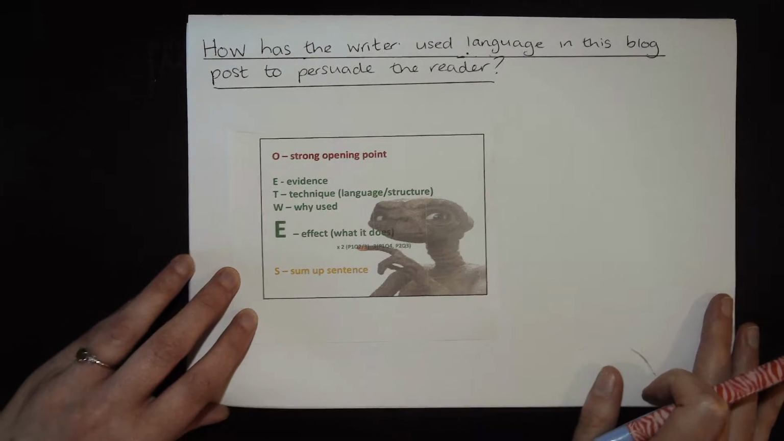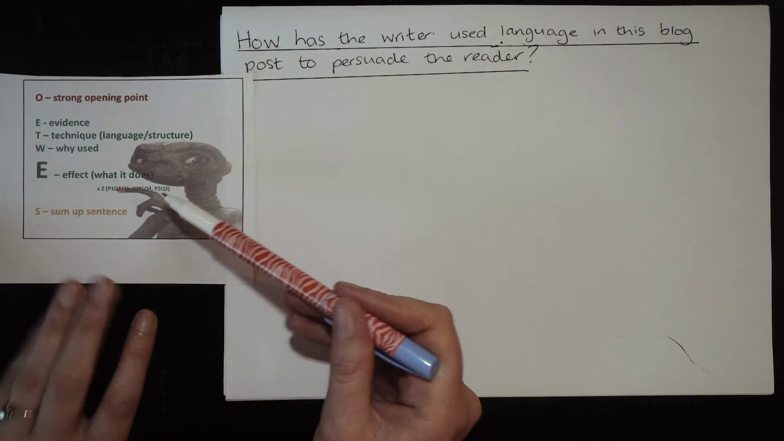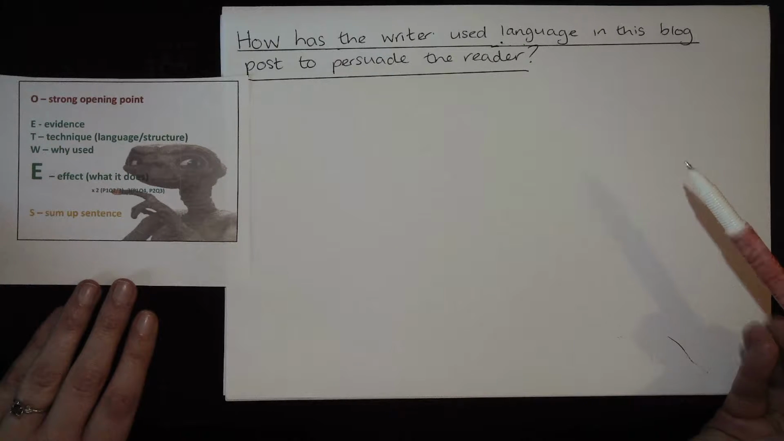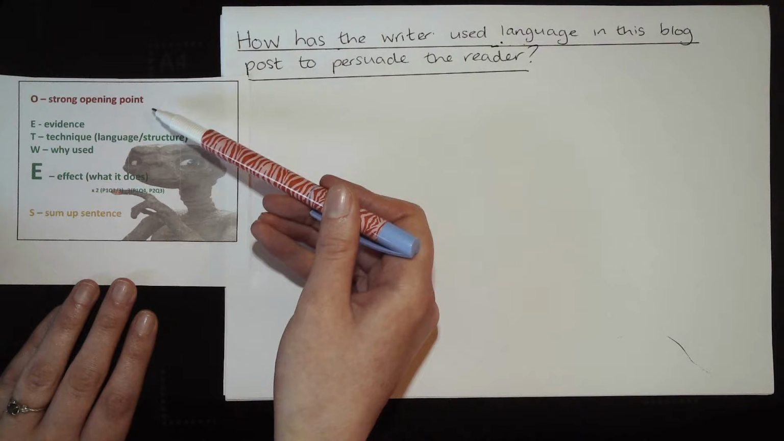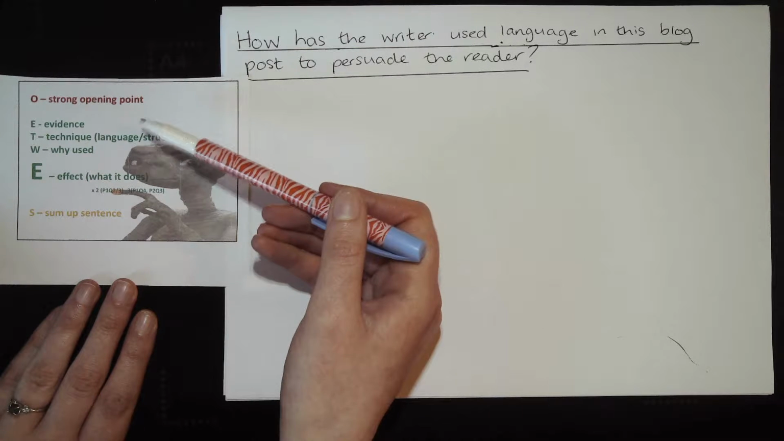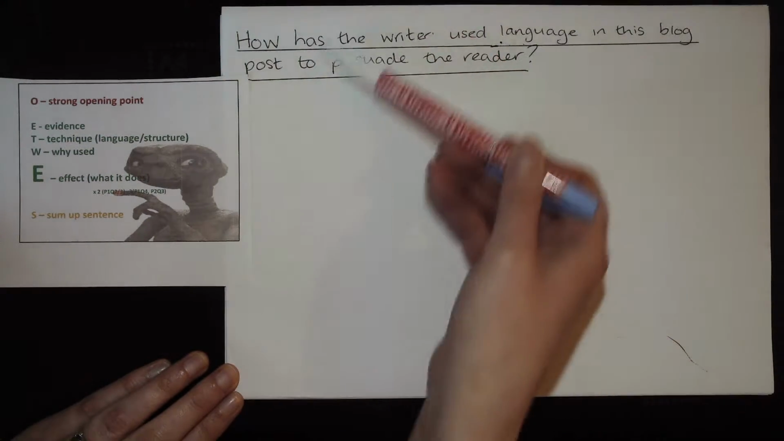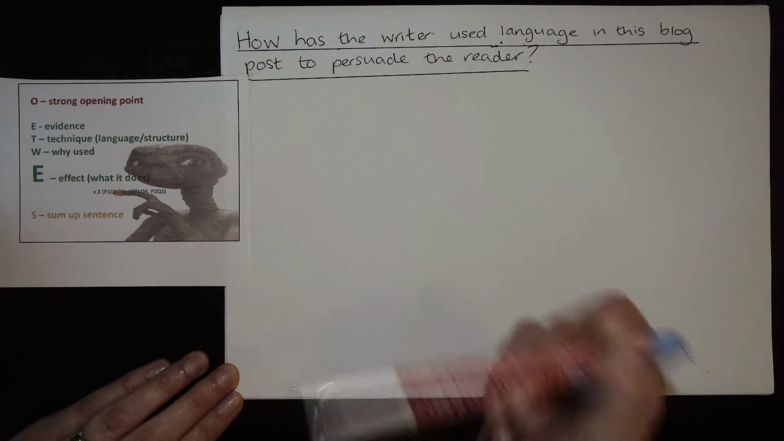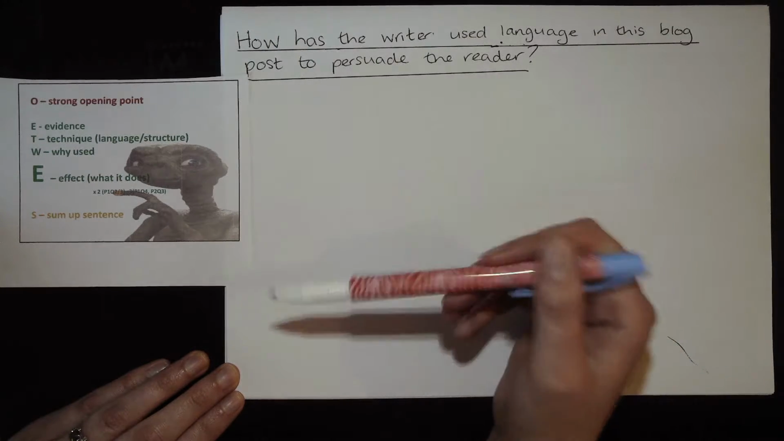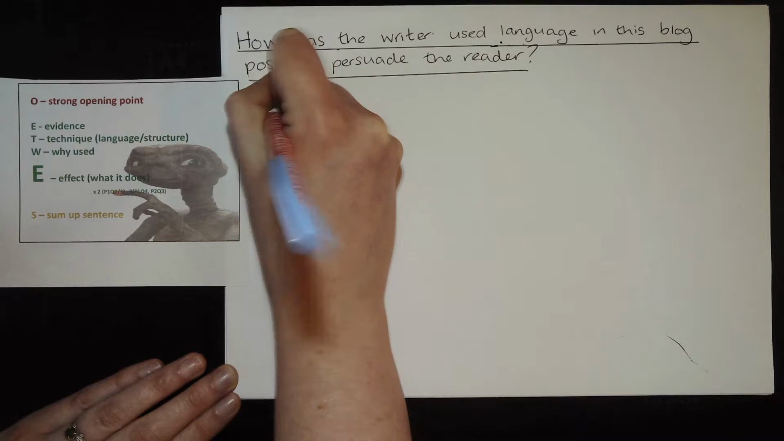So I'm going to model for you how I would approach this paragraph. So I'll put this here so you can see. And I'm going to write here how I would start to answer this question. So first things first, I need to make a strong opening point. So I'm going to say, looking at the question, it's asking me how does the writer persuade the reader? So I need to write a sentence which explains what the writer is actually saying to the reader to persuade them. So what I'm going to say is, the writer